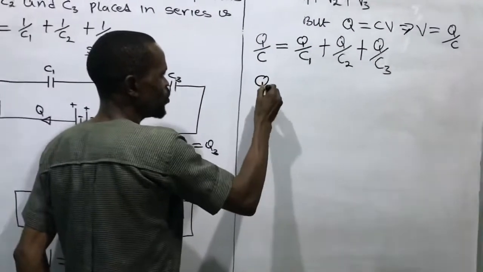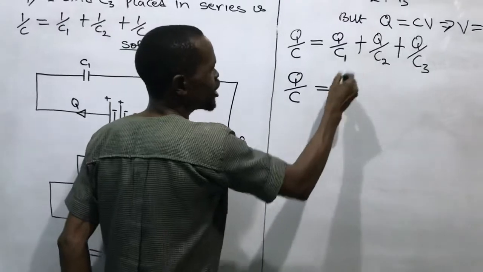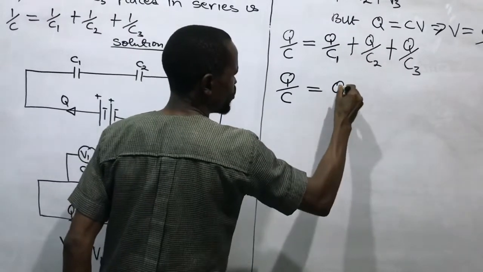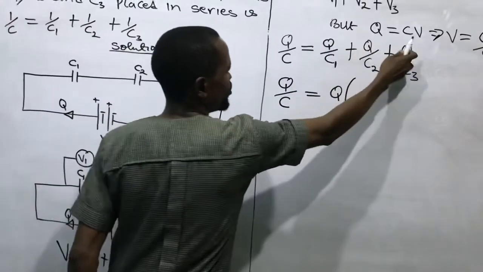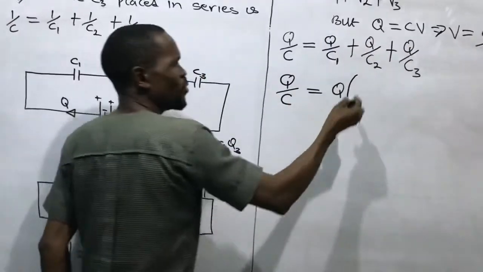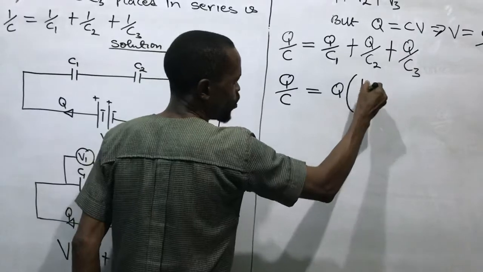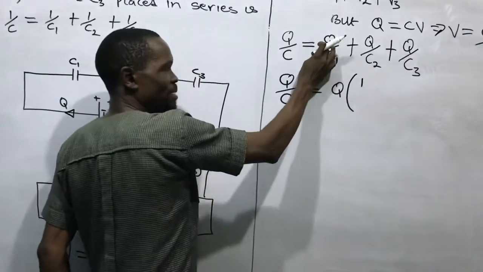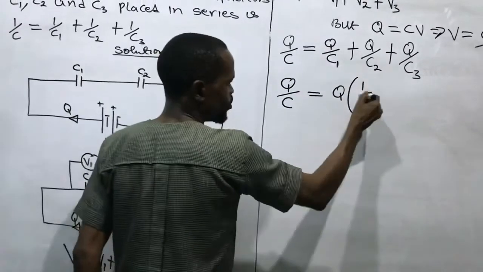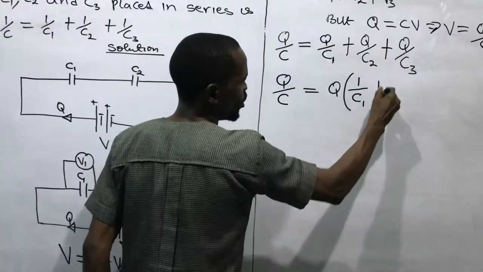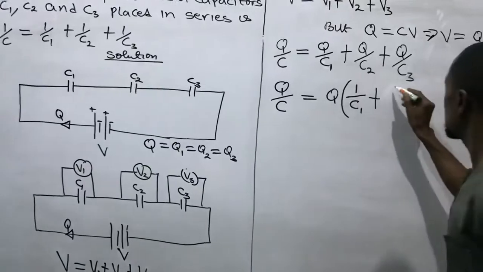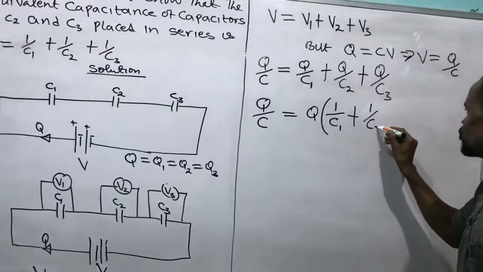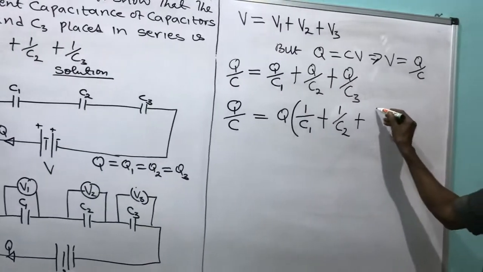Then I come here to look at it. I will say Q all over C, and the Q are the same. I will say Q out. I'm bringing it out. Q is here, Q is here, Q is here. I can bring it out. When I bring it out, I will have 1. You know that Q here is multiplied by 1. When the Q leaves, it will drop 1, which gives me 1 over C1 plus, here, I will have again 1 all over C2. I will have again plus 1 all over